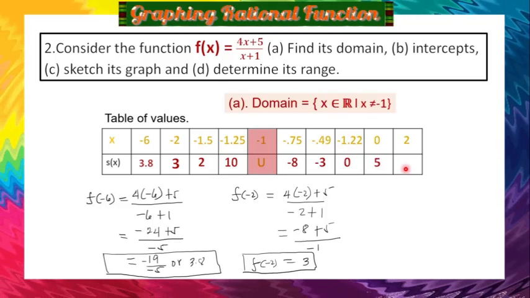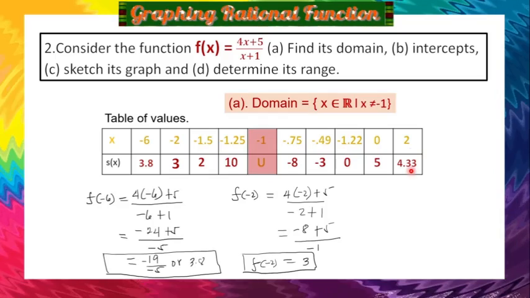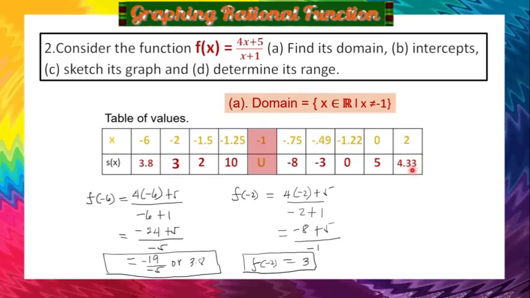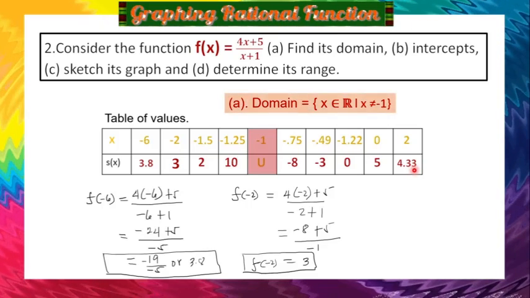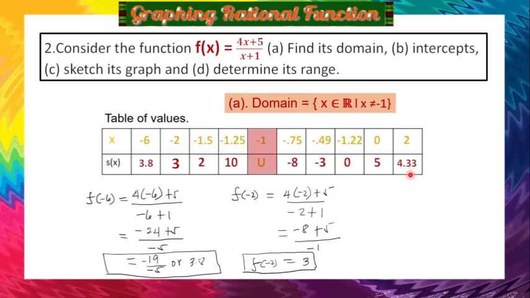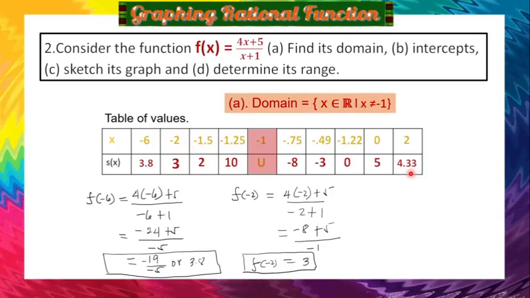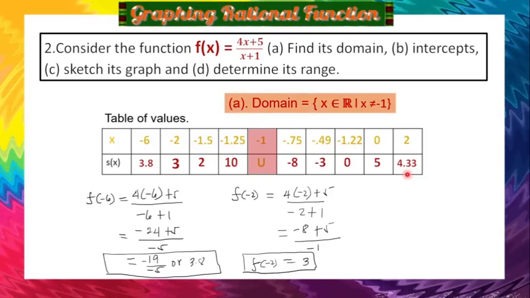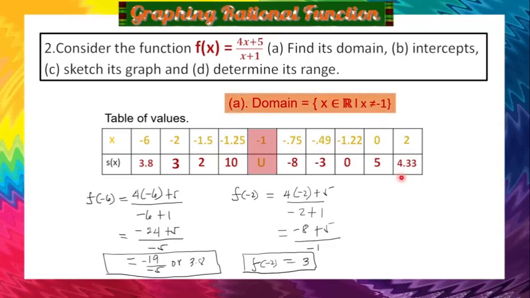For 0 we have 5, then 2 is 4.33. So after that, all the necessary information or values are already ready for sketching the graph. Okay,